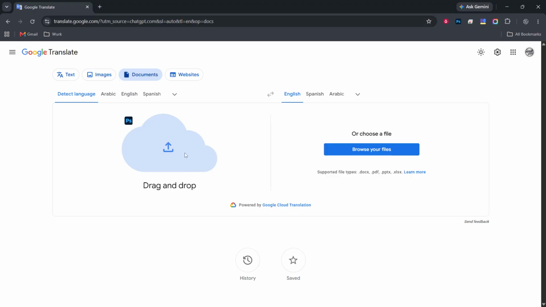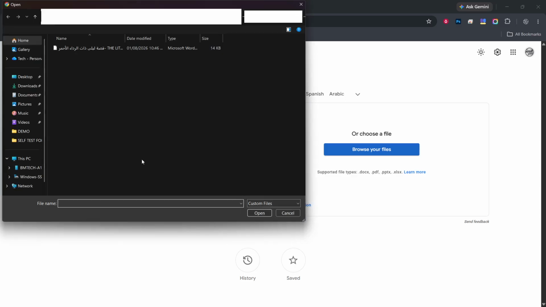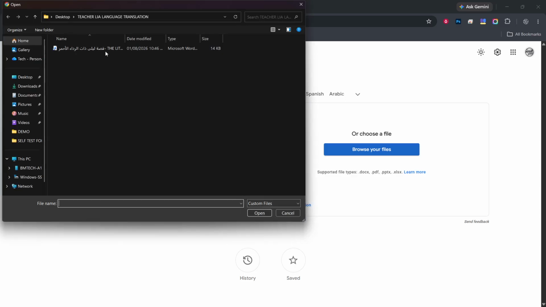Next up, click Browse Your Files. This opens your computer or device file picker. The exact look depends on your system, but you should see your folders and recent files. A helpful tip here, if you do not see your document, check that you are in the correct folder, such as Downloads or Documents. You can also use the search box in the file picker to quickly find a specific